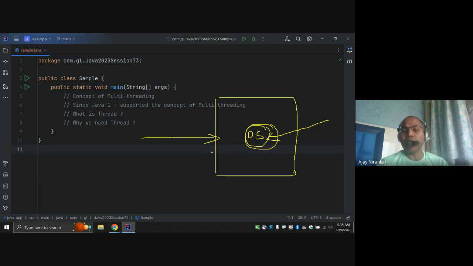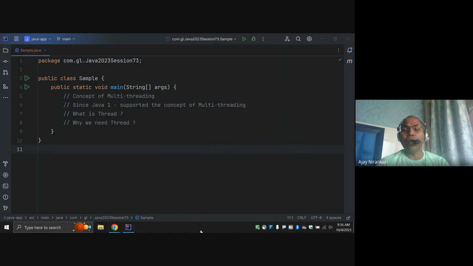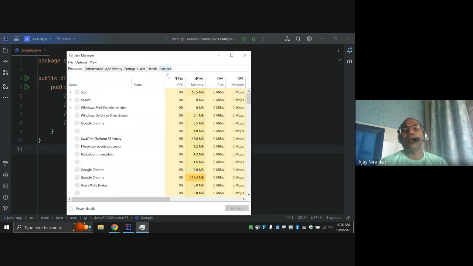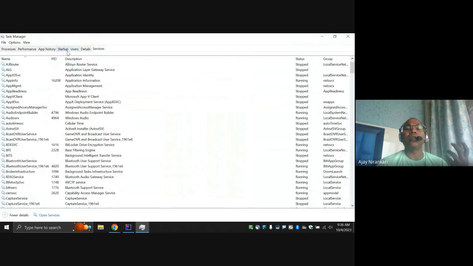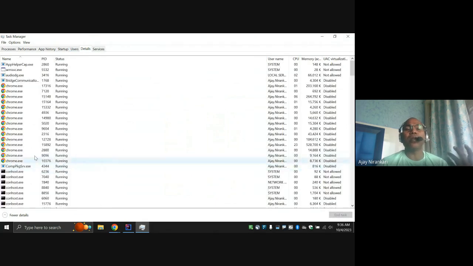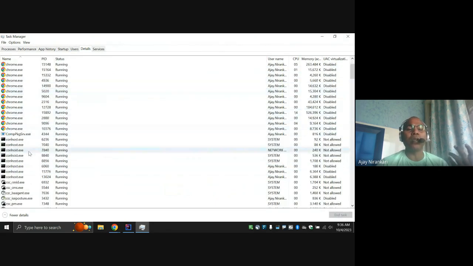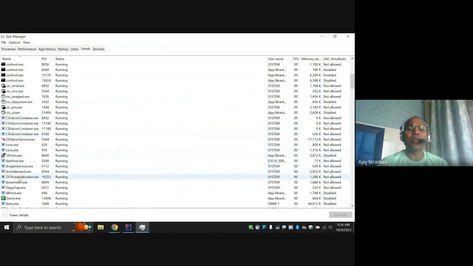Currently I'm on my laptop doing this online call, and multiple processes are running in the system. If you look at our task manager, lots of services and processes are running. You'll notice Google Chrome, some commands, different services running.